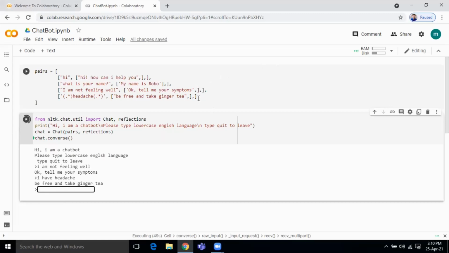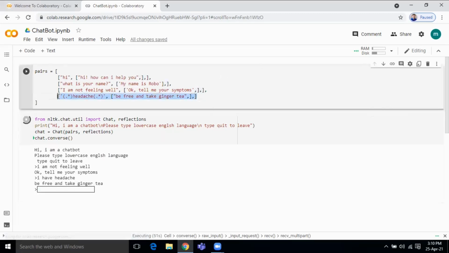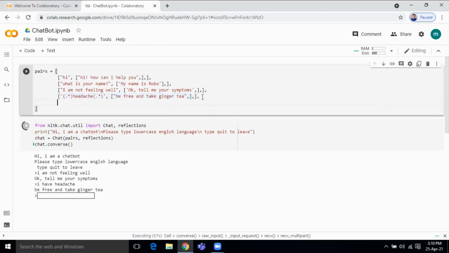Okay, and in the same way, if you are suffering with fever, whatever you type, before and after fever, it takes it and responds like this.